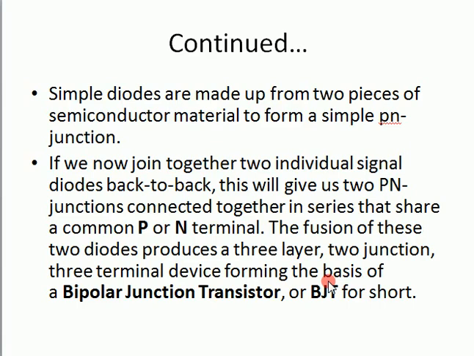or the BJT. Now here we have the answer to why it is known as the bipolar junction transistor: there are two junctions. Bi means two, polar means charges, and junctions are here. And secondly, the main reason is that it is known as the bipolar junction transistor because the current flows in it because of electrons as well as holes. That's why it is known as the bipolar junction transistor.